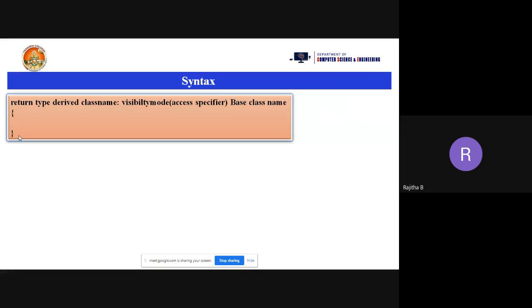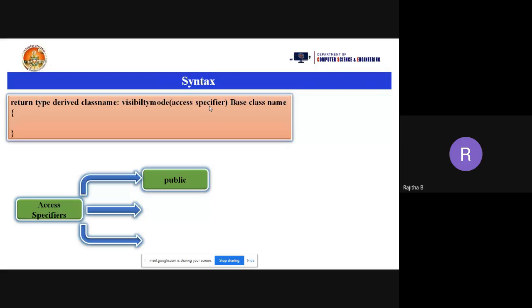So what is the visibility mode here? Before going to the actual part of the inheritance syntax, what is the visibility mode and access specifier? While we are discussing the class, we have public, private, and protected access specifiers. We have three types of access specifiers, that is public, private, and protected. Using public, anybody can access the information.